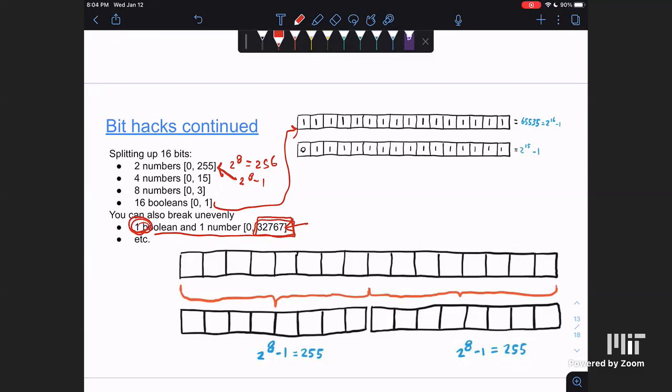In fact, since maps only go up to 60 by 60, which is 3600, you can fit that in 12 of your bits. And 2 to the 12th is 4096. So this easily fits in there,